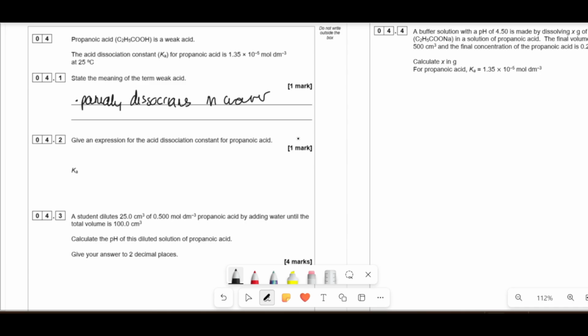Write the expression for the propanoic acid, Ka. So Ka equals H plus, and then A minus. So it's just the rest of this acid without the H plus in it, which is the carboxylic acid. It's going to be C2H5COO minus all over the concentration of the acid, which is